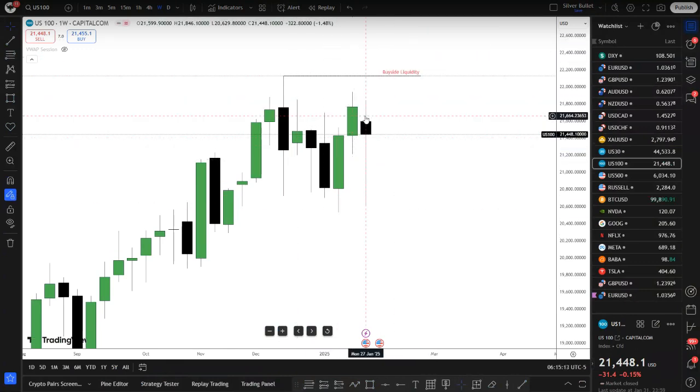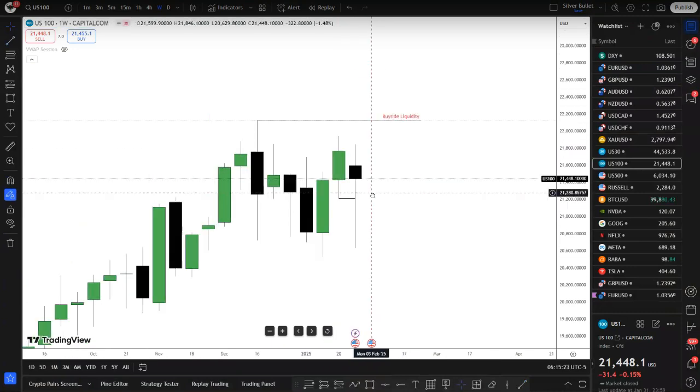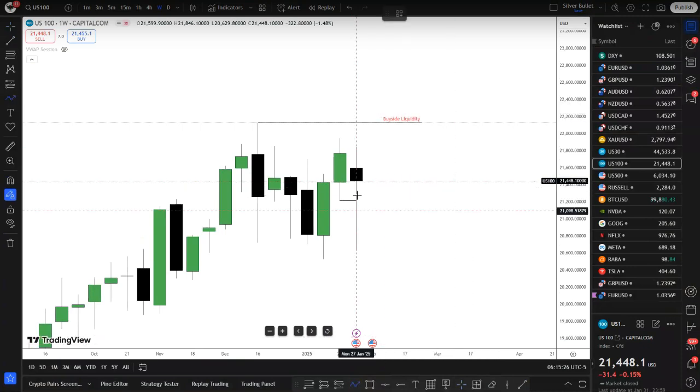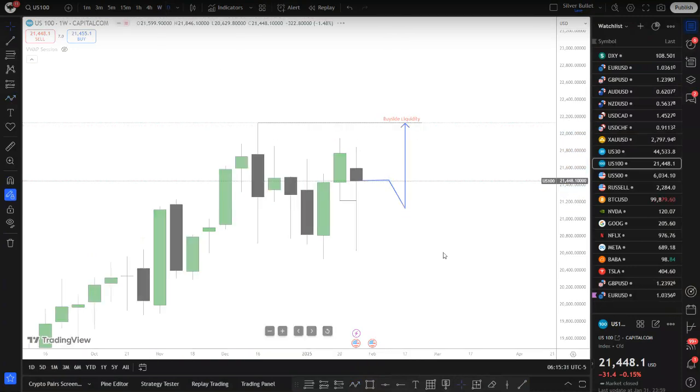We opened last week. Right, we pushed below the previous week's low here. However, we failed to close below it, indicating a rejection on this level. So which means this week we are bullish. I want to see higher prices. So I want to see price open, push low, and I want to see price displace to the upside to our draw on liquidity. Let's look at this on the daily chart.